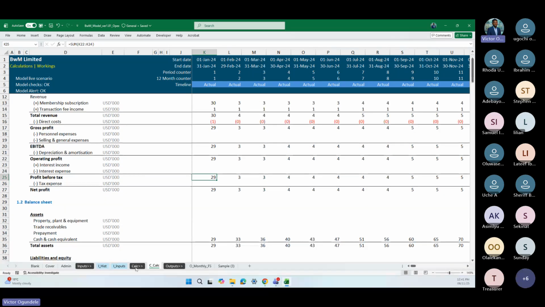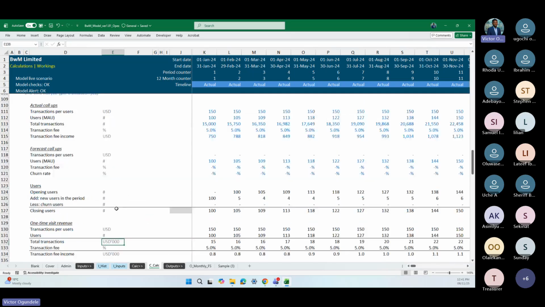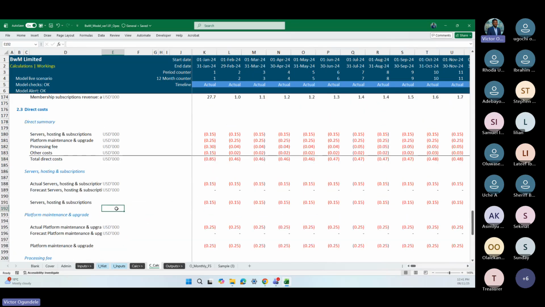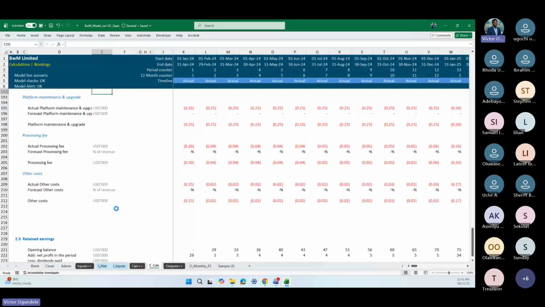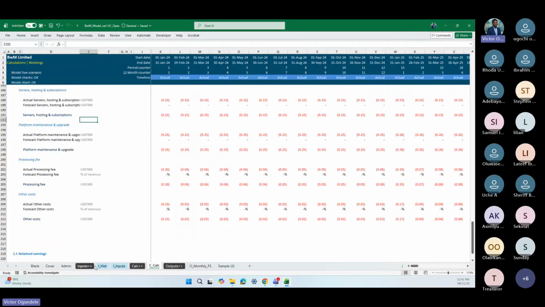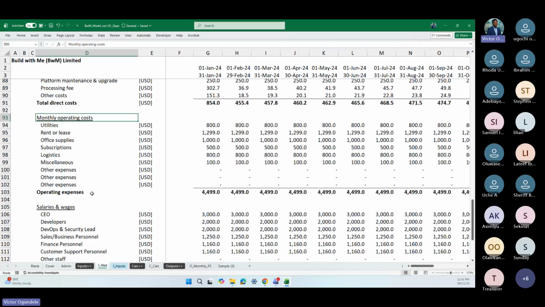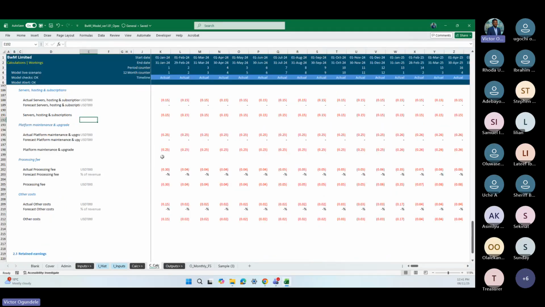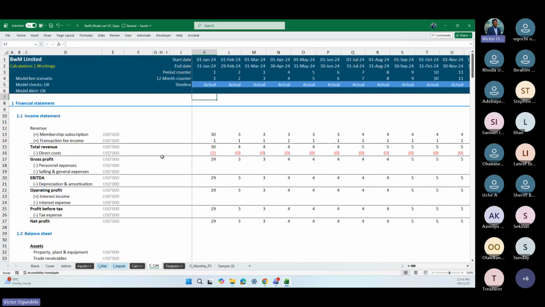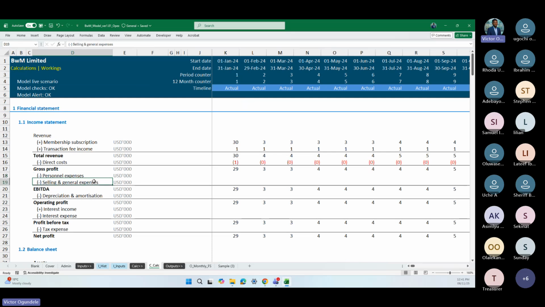All right. So next, let's go straight into our operating expenses. We've done the direct cost, we've done our revenue. So the next thing is our monthly operating costs. Let me see our financials. We have personnel expenses, then general and admin, selling and general expense. So let's get straight into the